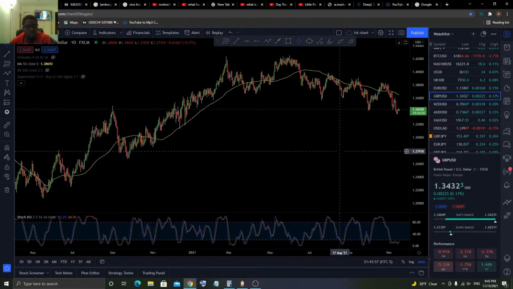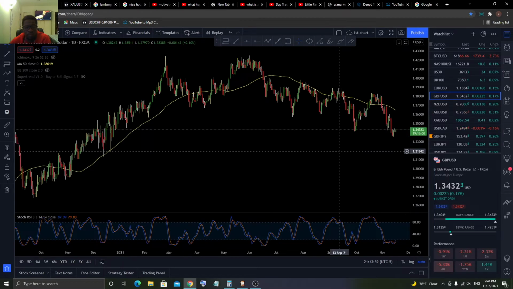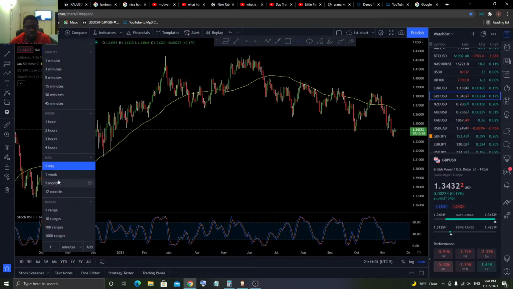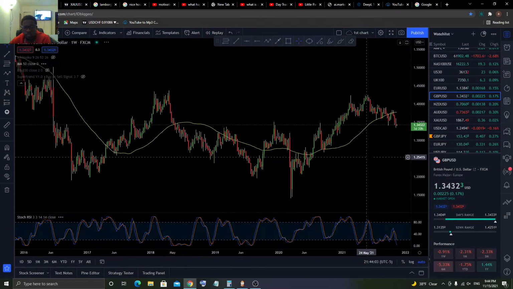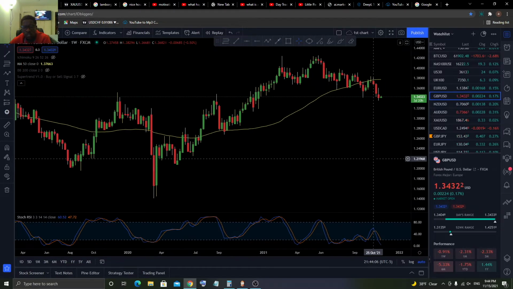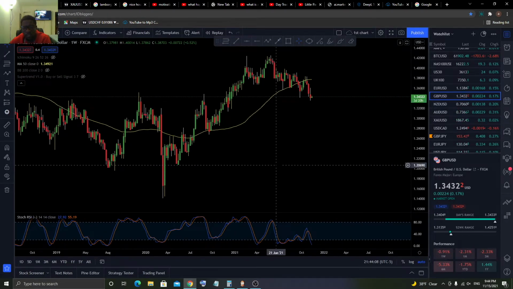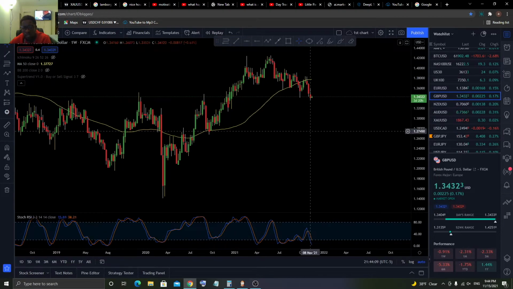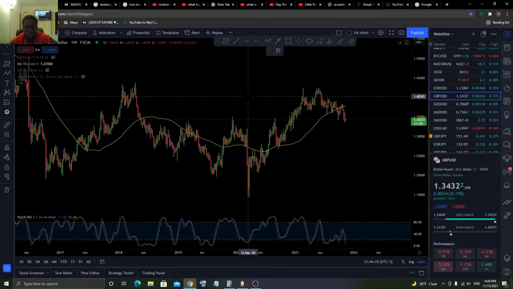So this is GBPUSD, right? I'm on the daily. Let's go into the weekly. So this is the weekly. From this perspective, I see that price is going down, so this is a downtrend obviously. So what I can do, let me try to put my